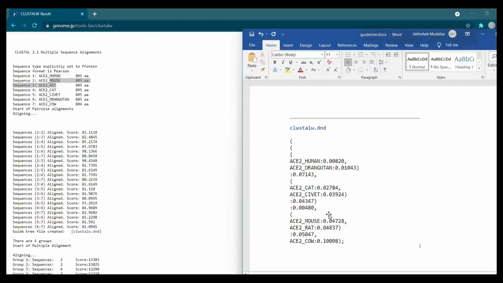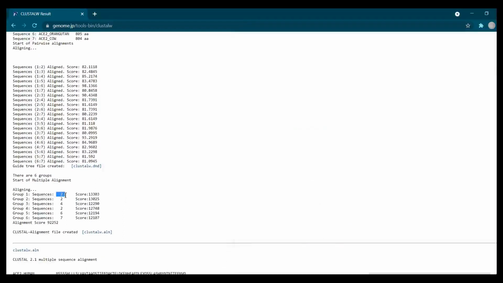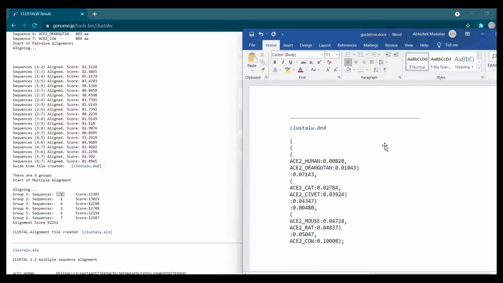As this guide tree is built, the sequences are now progressively aligned. We can see group 1, the first two sequences are aligned. Then group 2, again two sequences are aligned: cat and civet.